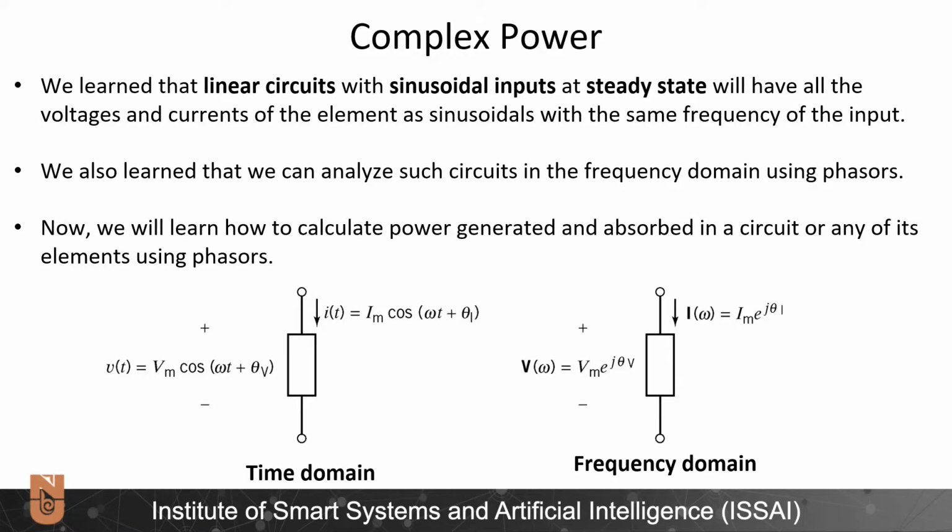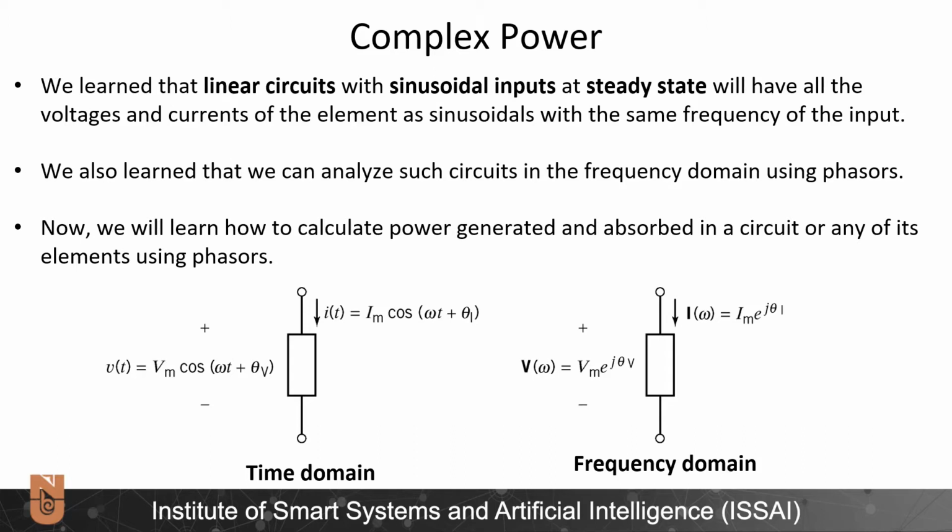Previously we learned that linear circuits with sinusoidal inputs at steady state will have all the voltages and currents of the elements as sinusoidals with the same frequency as the input. We also learned that we can analyze such circuits in the frequency domain using phasors and impedances. Now we will learn how to calculate power generated and absorbed in a circuit with such elements, and this is